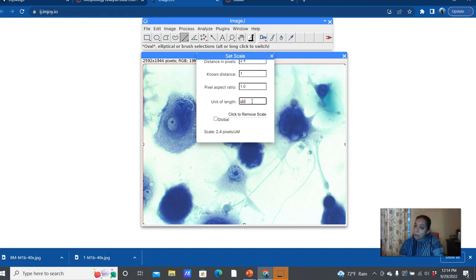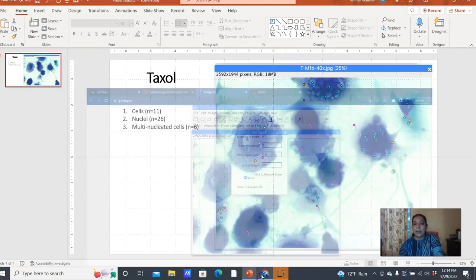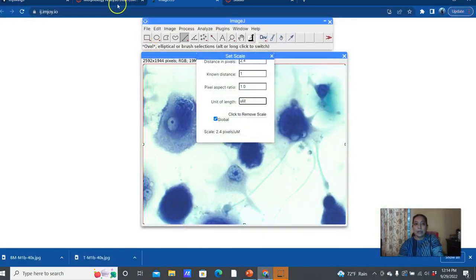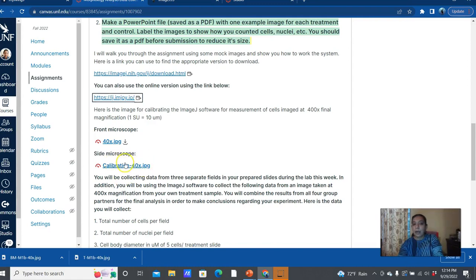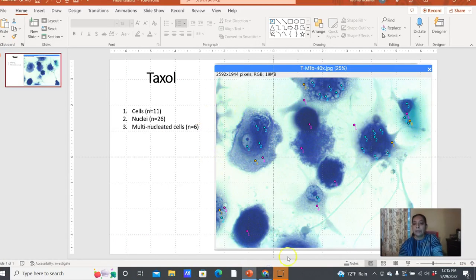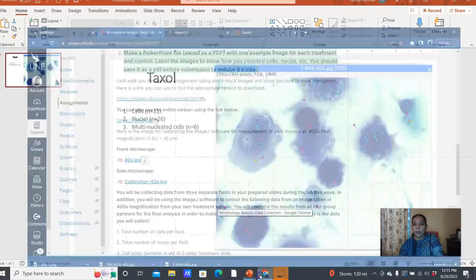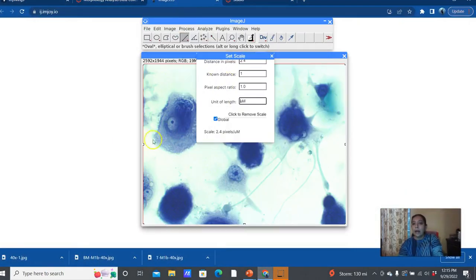If you don't have the calibration for the images you have, because it was done using the side microscope, you would need to recalibrate using the calibration image provided to you for the side microscope. Same thing, if you can't find your Microscopy Workshop sheet or aren't sure if that was correct, just download this particular scale, and then you can go ahead and calibrate. And so going back to our ImageJ, I'm going to go ahead and put my scale